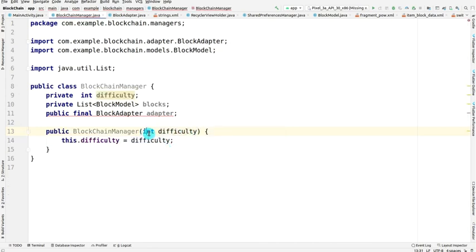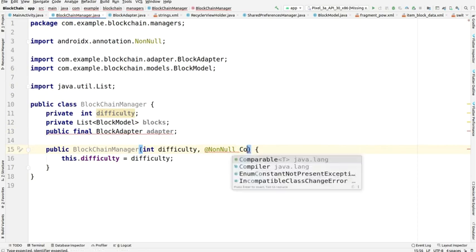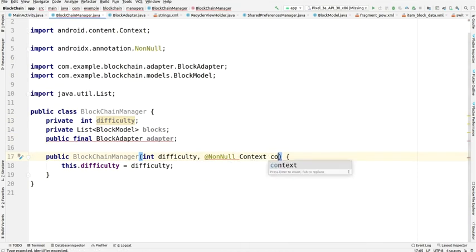As you can see that now we have to give it one more property, as we have forgotten non-null as the annotation, and it is context actually.